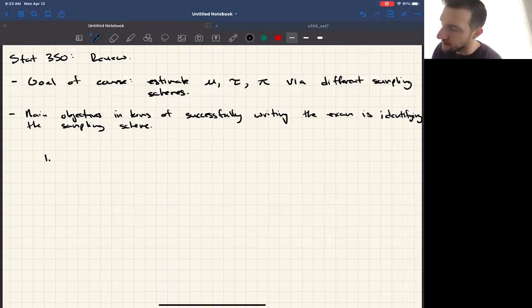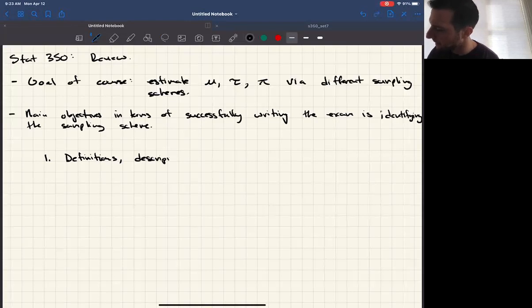So in the beginning, we just started off with basically definitions, description of the sampling problem. We talked about estimators. Actually, this was in lecture set 2. Sorry. So we talked about definitions, description of the sampling problem, types of samples,